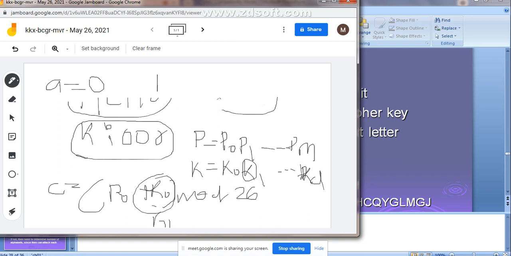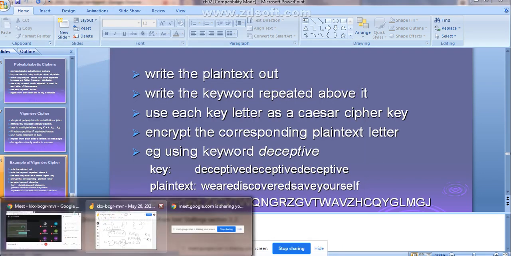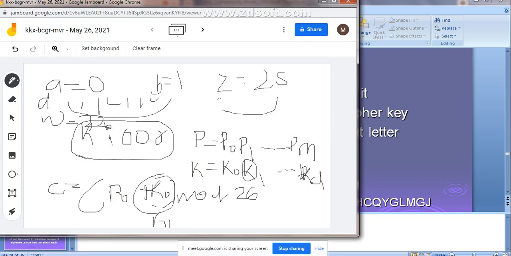Now see, W is at what position according to the Caesar cipher, guys? Do you remember? In the Caesar cipher, we gave numbers to all the characters present in the alphabet. For character A we gave the number 0, for B we gave 1, and so on, until Z is given the number 25.